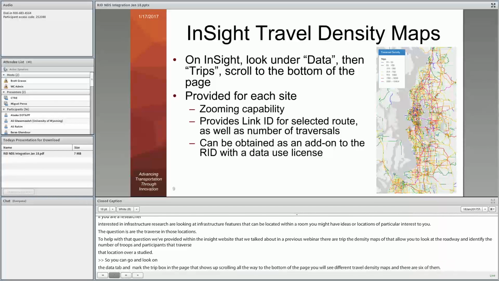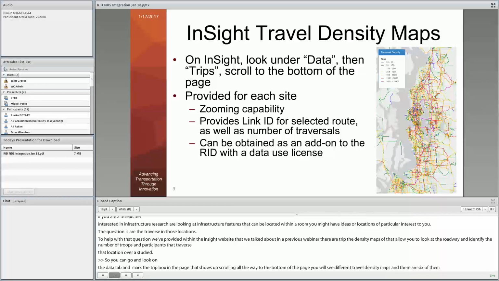And then once you're zoomed in, you can click on the road that you're interested in, and that'll give you a box that provides the link ID for that route or route segment, as well as the number of traversals that were collected during the study period over that location, and the number of different participants that those traversals